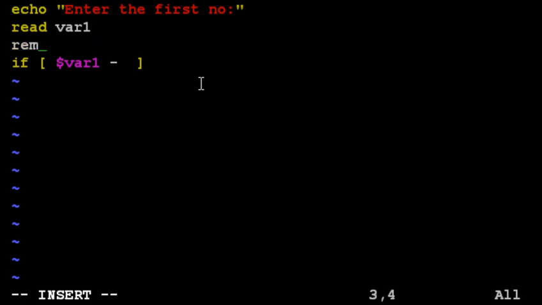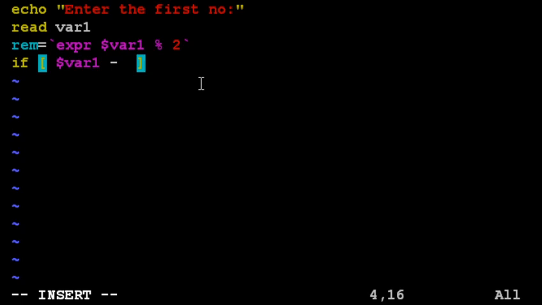So rem is equal to, in backquote, expr $var1 mod 2. So this will store the remainder of division, that is the variable divided by 2. If it is 0, then your number is even, otherwise it is odd.